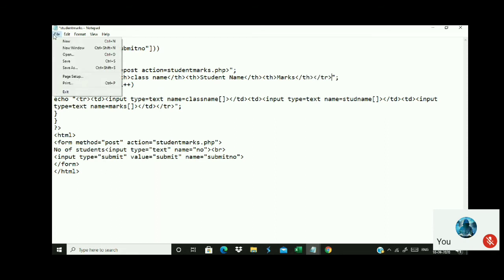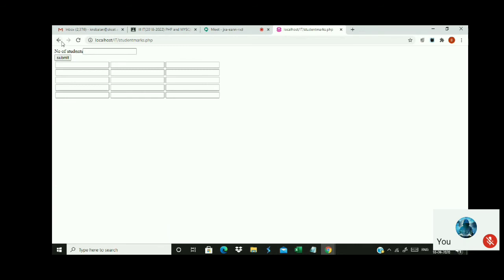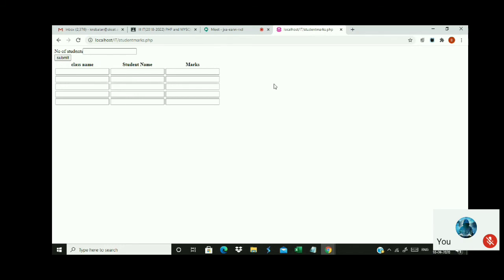Now listen carefully. I just press save here. Now see here, it is visible, isn't it? Whenever I say class name, everyone can type their respective class name here. Student name, students can type their names, and finally the marks of that respective student. So for 60 students or 100 students or 180 students, you can type all the names over here. That's very, very important. Now what should I do? I should have a submit button to post the marks again to the same file here. Now what do I have to do to post the marks here?